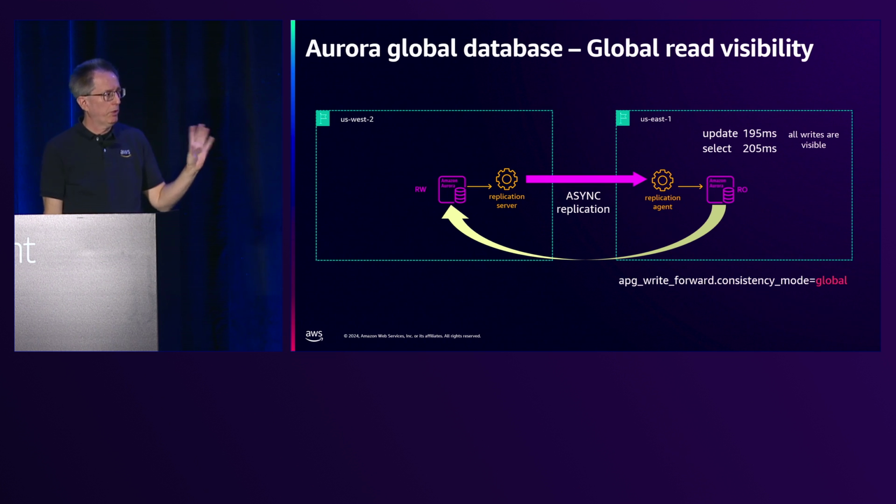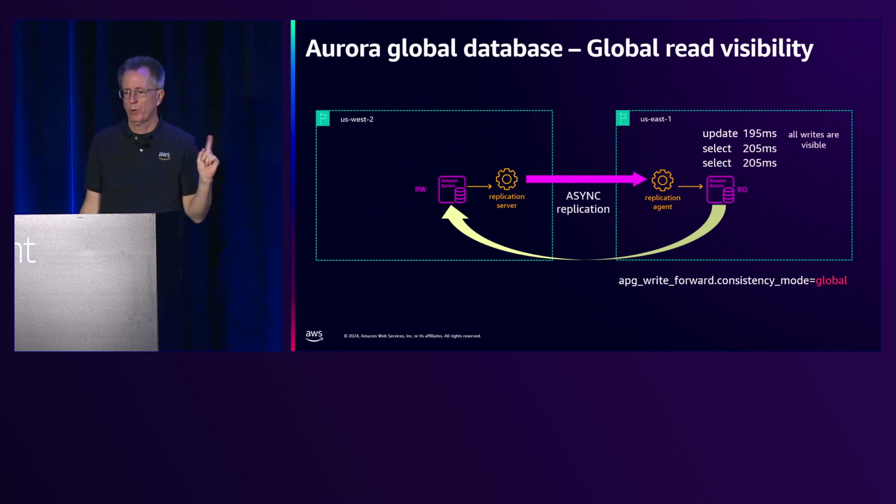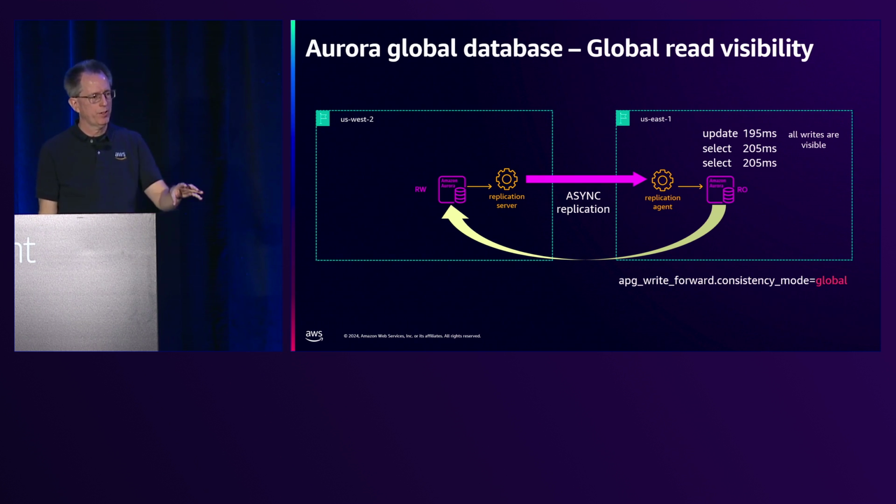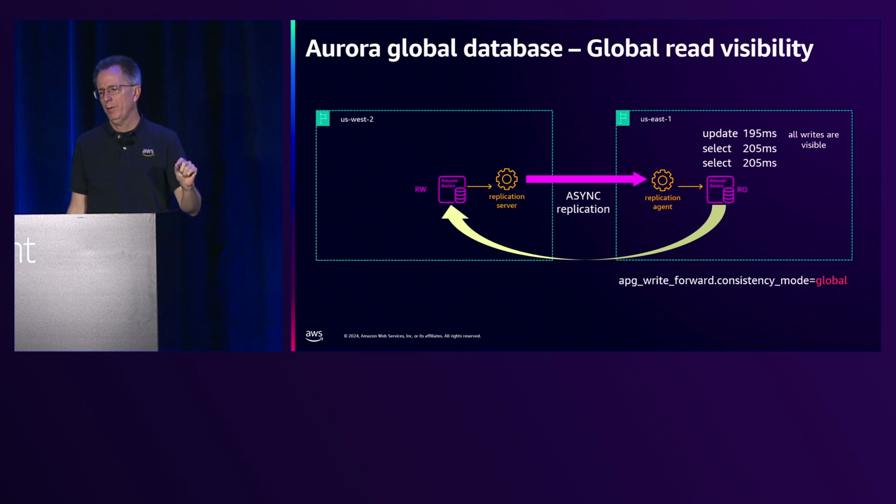But all writes are visible, so that's really helpful from an application design perspective. But if I do any select, it's going to take 205 milliseconds because I'm waiting for the time that I have to wait for all the writes to become visible, right? So this is a nice feature if you want this visibility, but you can imagine from a resiliency perspective, you're kind of being held hostage by the replication lag. So you've got to be careful if you're turning this on. Like I said, it's useful in a lot of cases, but